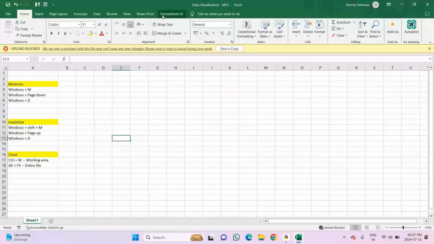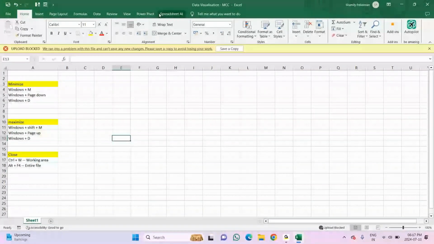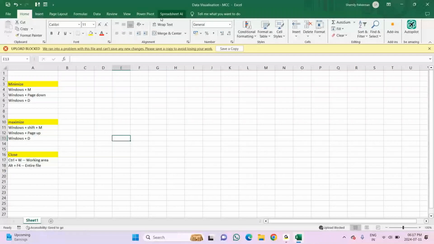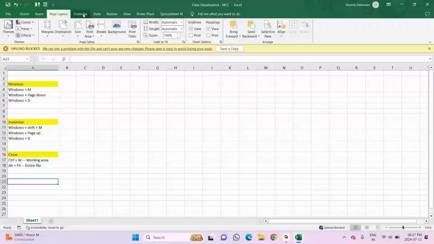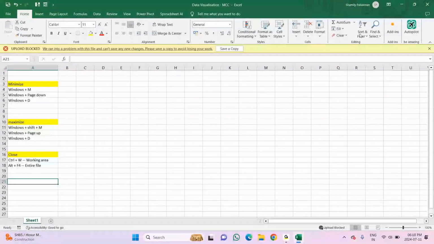And next, below the home tab, insert tab, page layout, all these tabs, you see certain options. All these options together, we call them ribbons. Okay, we have tabs, and below the tabs we have something called ribbons. Then next, if you observe in the ribbons, each and every option is not given together. They have made a partition.